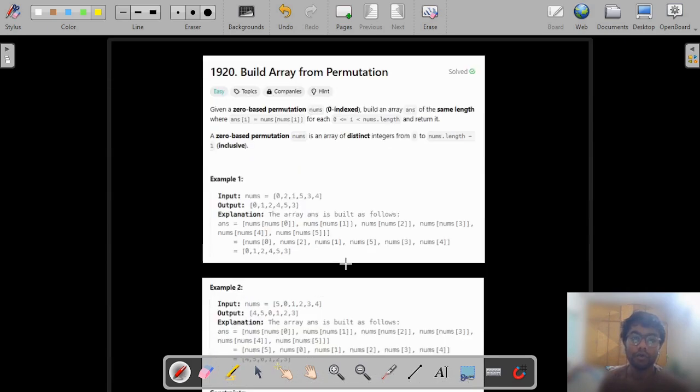Let's look at the problem statement. Given a zero-based permutation nums, build an array answers of the same length where answers of i is equal to nums of nums of i. So this is something that we need to keep in mind, and there is a limit saying that nums of i will always be less than nums length, and a zero-based permutation nums is an array of distinct integers from